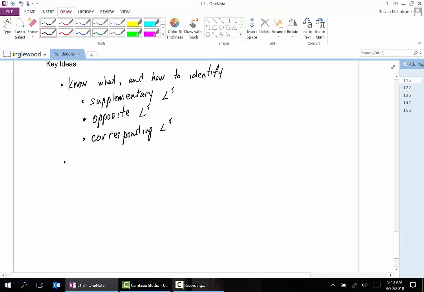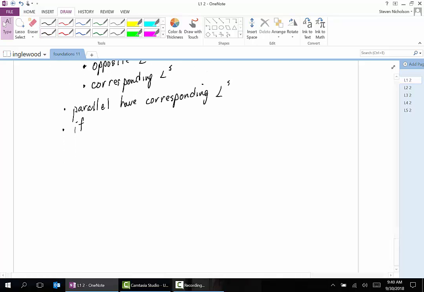The other thing that's important is parallel lines have corresponding angles. So simply by crossing two lines, like vertically opposite and supplementary, well, that's not corresponding. And then what we just looked at, the very last statement, was if corresponding angles are equal,